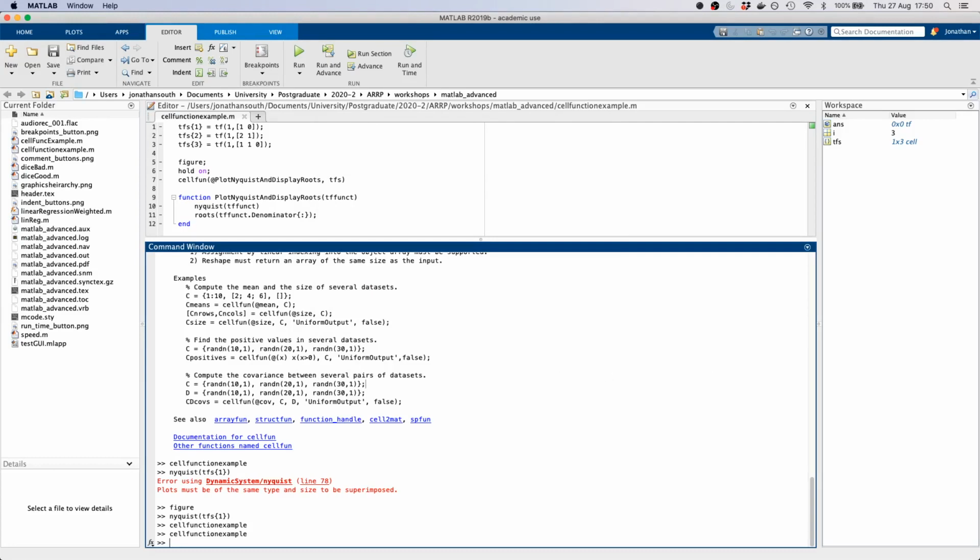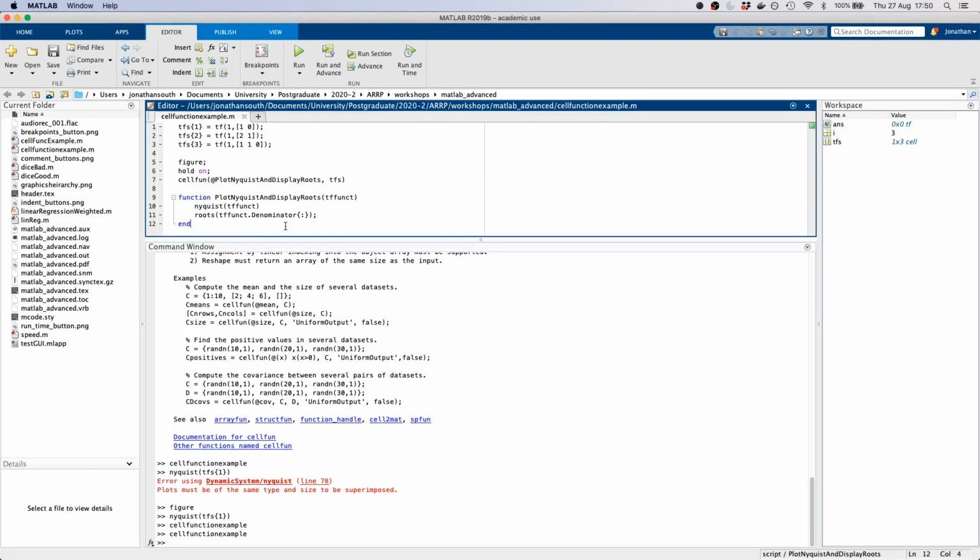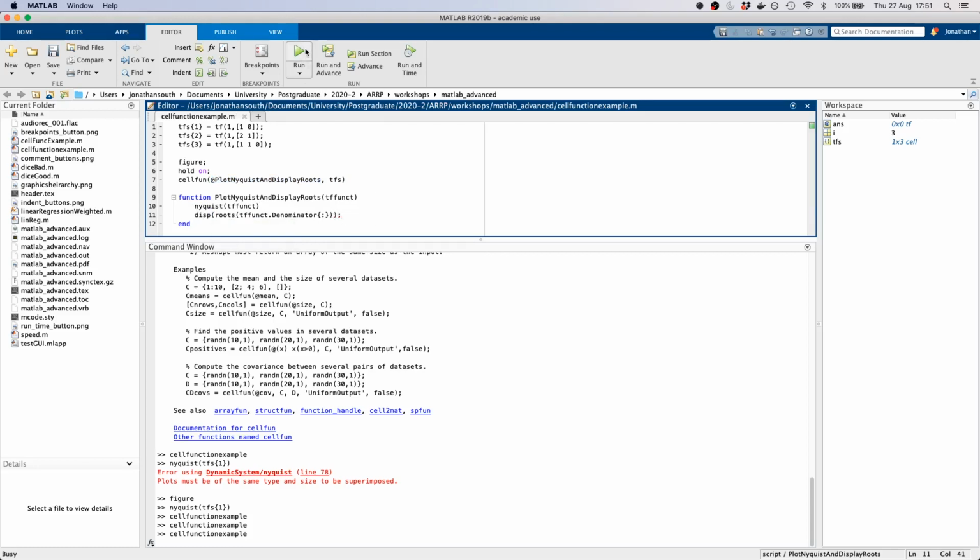So if I haven't missed anything, and let me know if I have, we're just about to apply a custom function to my cell array. I've defined my custom function here, and I've given it the function handle of the custom function that I want to apply. And when I run that, I think I need to do display to display that to the command line. If I run that now,